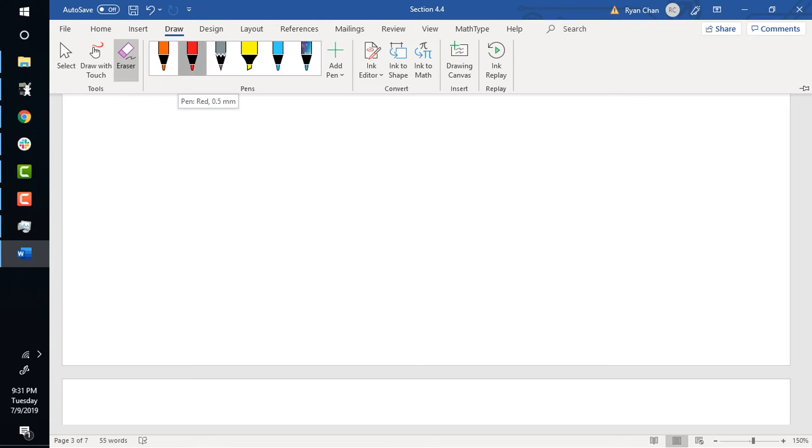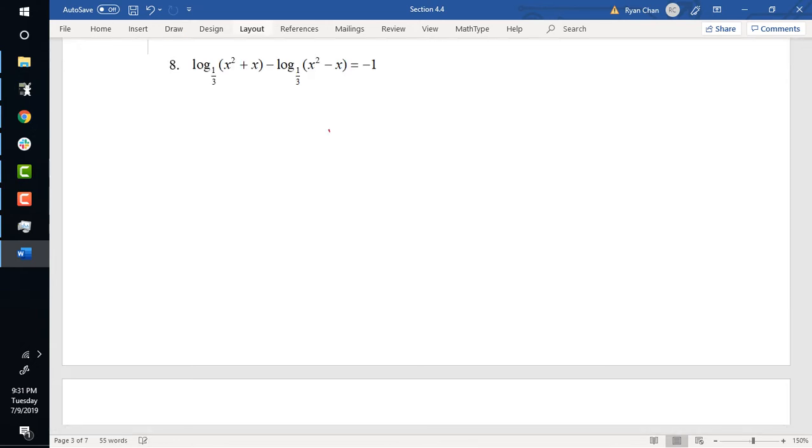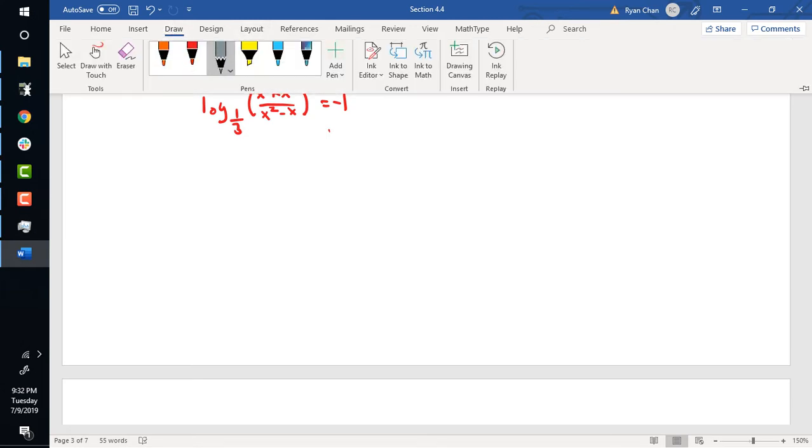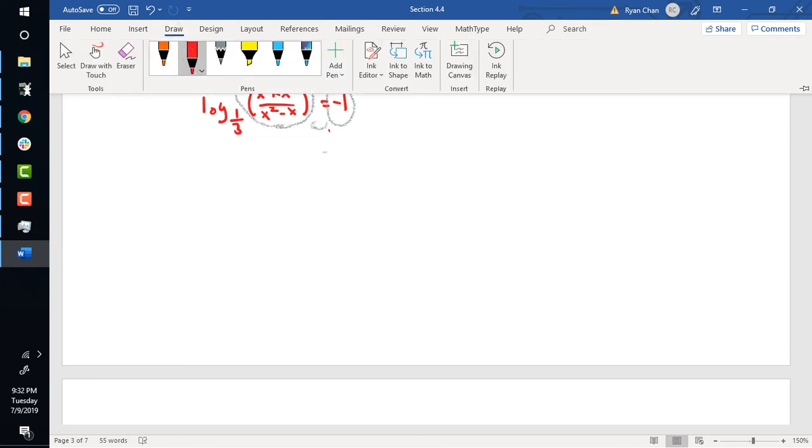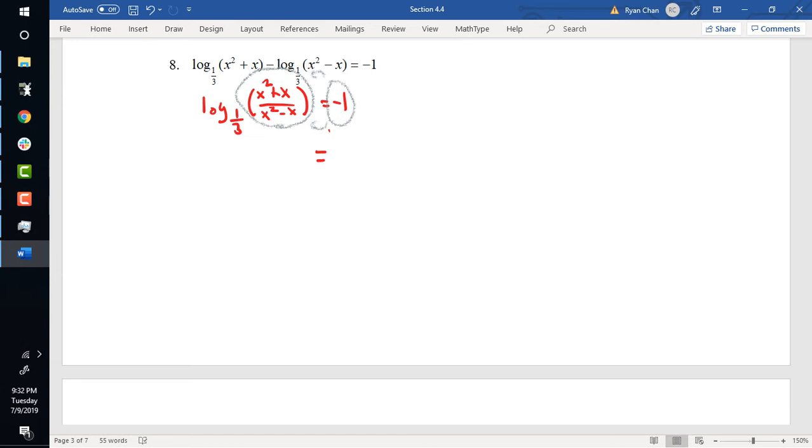So what is my strategy? My strategy, once again, is to combine my two logs. So notice it's minus, so that means I'm going to divide it. It's going to look like this. Okay, we're going to swap. So remember how we swapped this one. This is going to swap with the following here. So this ends up being